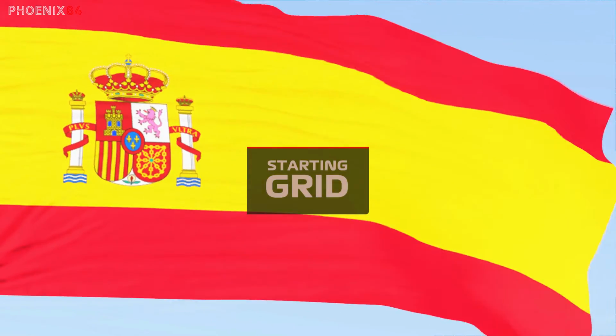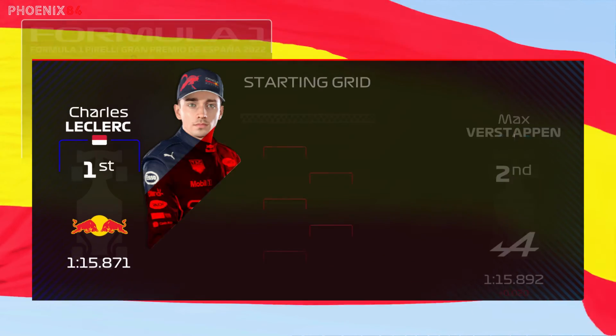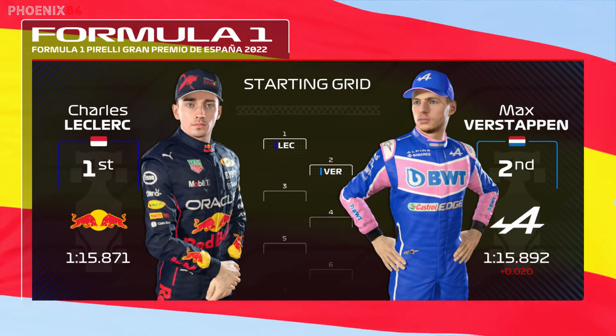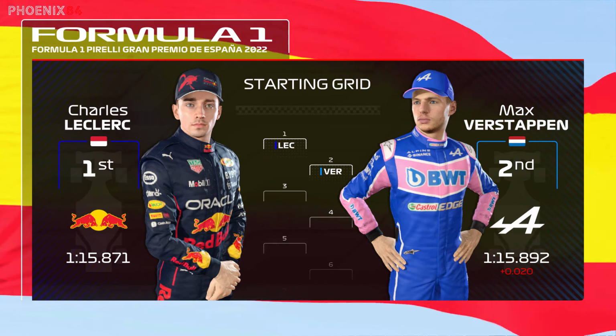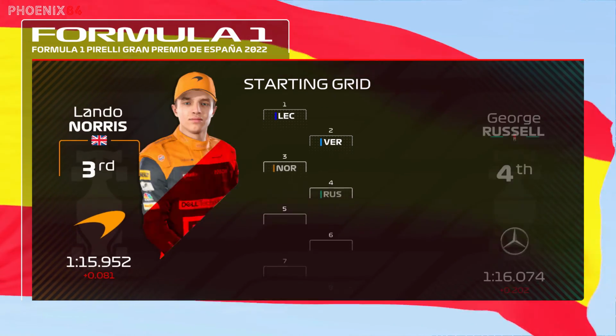Off the back of a fantastic qualifying session, it's time to see how our starting grid looks for today's race. Fantastic effort from Charles Leclerc yesterday, and it's put him on pole, edging out Max Verstappen, who will start from P2. Looking down the rest of the grid, we have Norris, Russell,